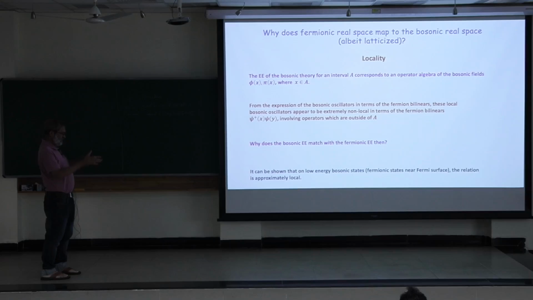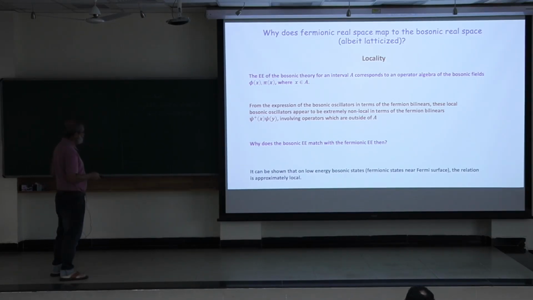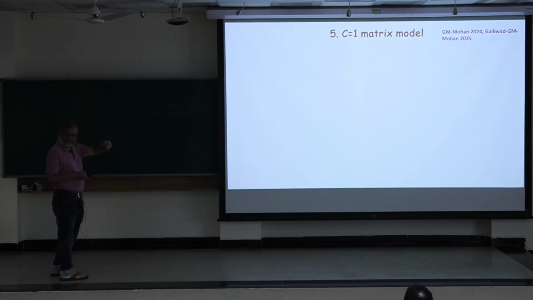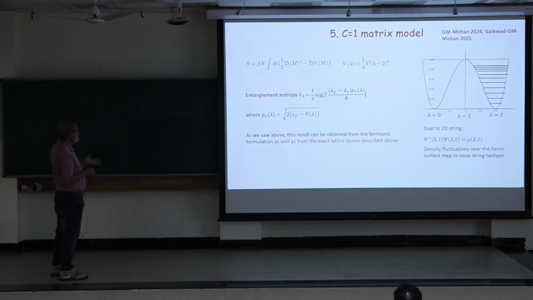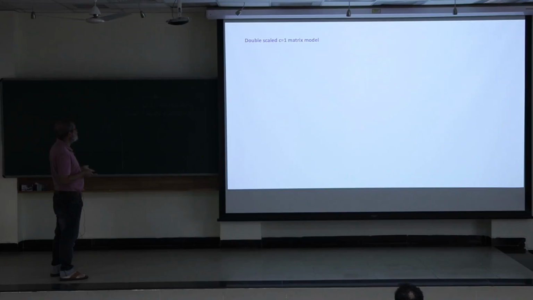Why some local entanglement entropy in the fermion theory goes into some local entanglement entropy in the boson theory is a little weird. You don't expect such things in all kinds of dualities; entanglement entropy is a non-local concept, and it need not go into the entanglement entropy of some local thing. So I have explained, this has to do with low energies. At low energies, you can show that this map, which looks absolutely horrible, and this is about the c equal to 1 matrix model, works. I don't have time to